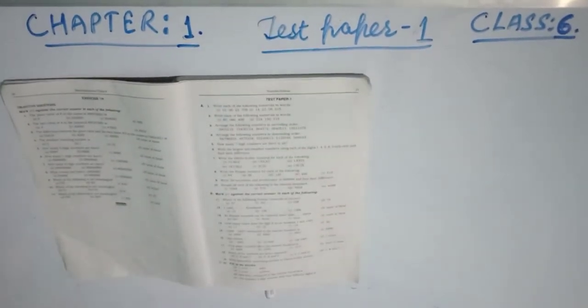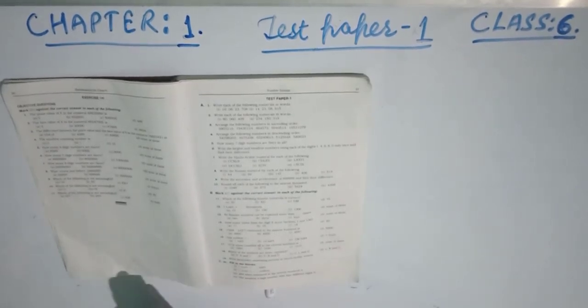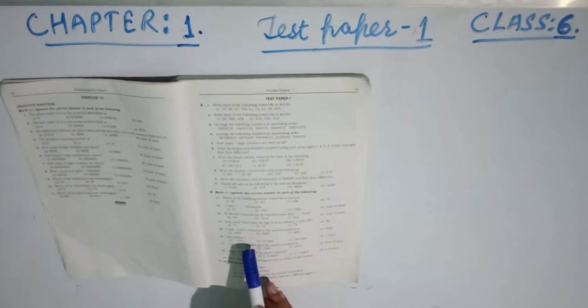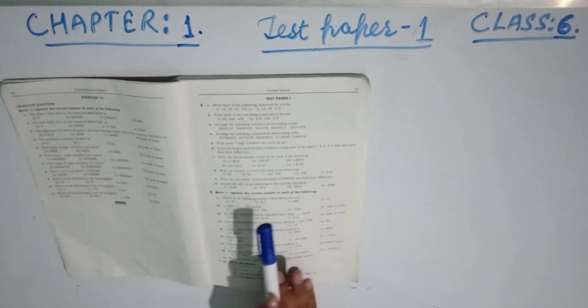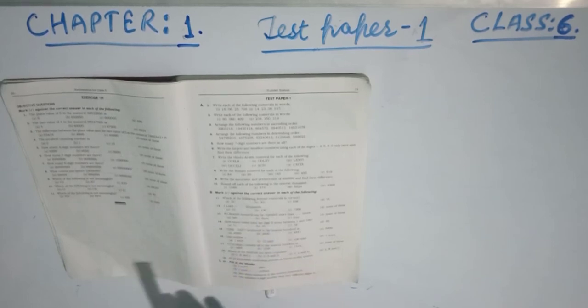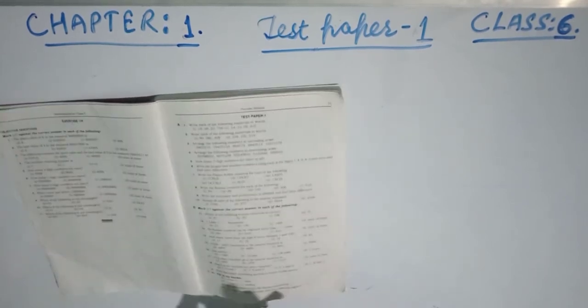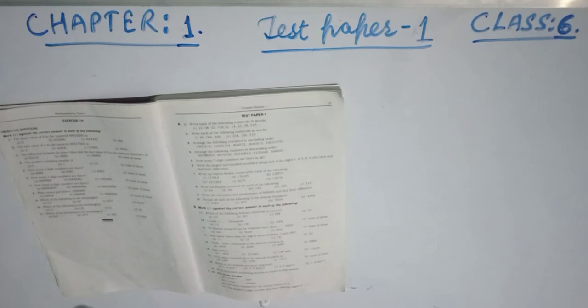Now, friends, see test paper 1. Test paper 1 has very simple questions, friends, and we had already discussed them in the previous exercises, and these are a mix of the previous exercises. So please look at all the questions and try to solve all the sums, because you all are aware, you have to follow the same method to find the solutions. Once again, if you have any doubt, questions, queries, please ask me, contact me. I will solve the problem.